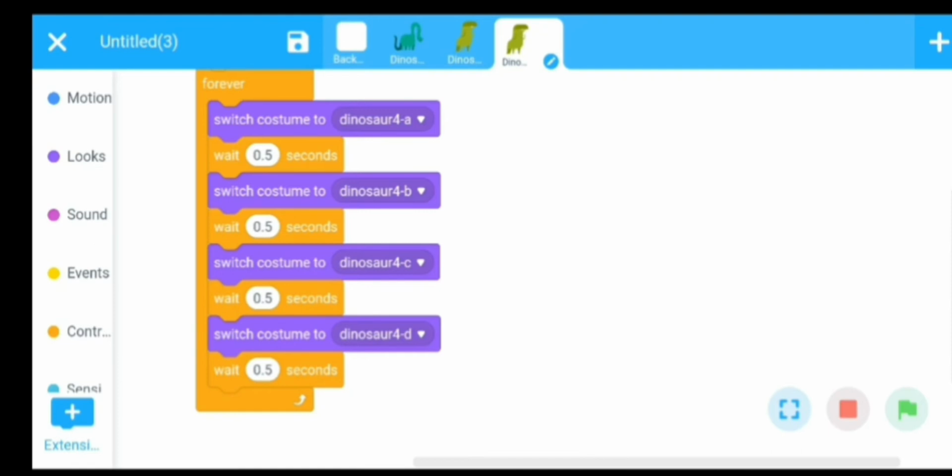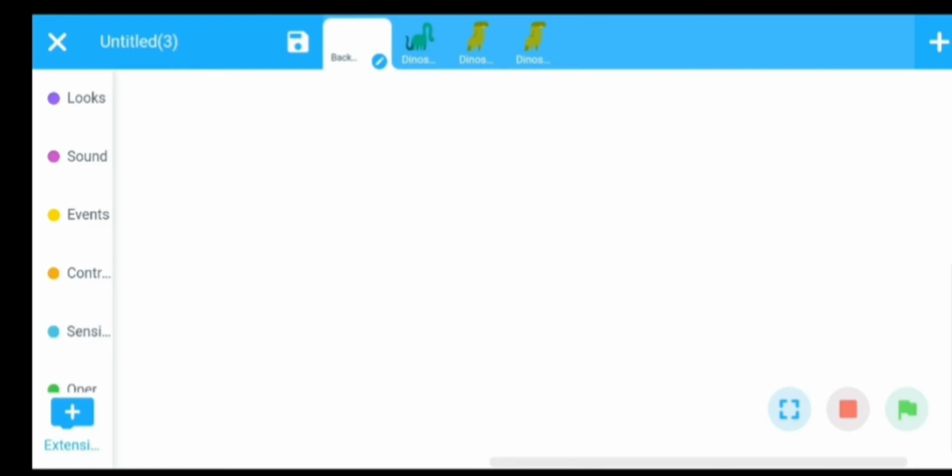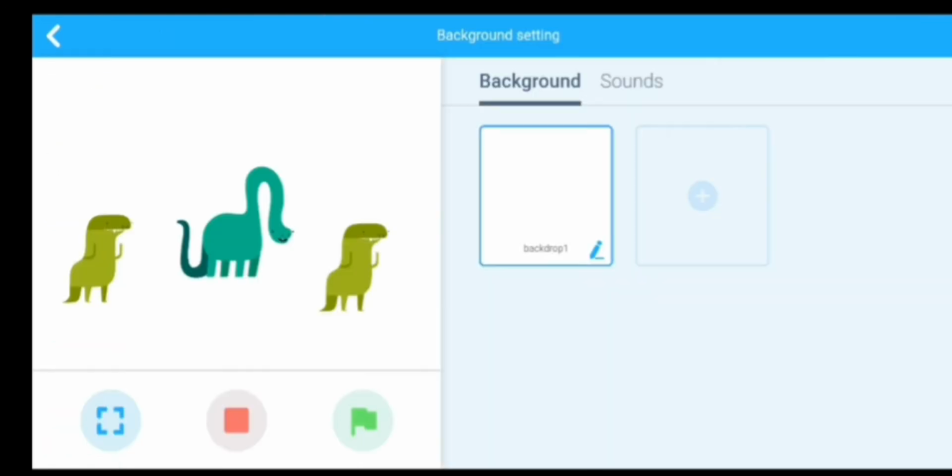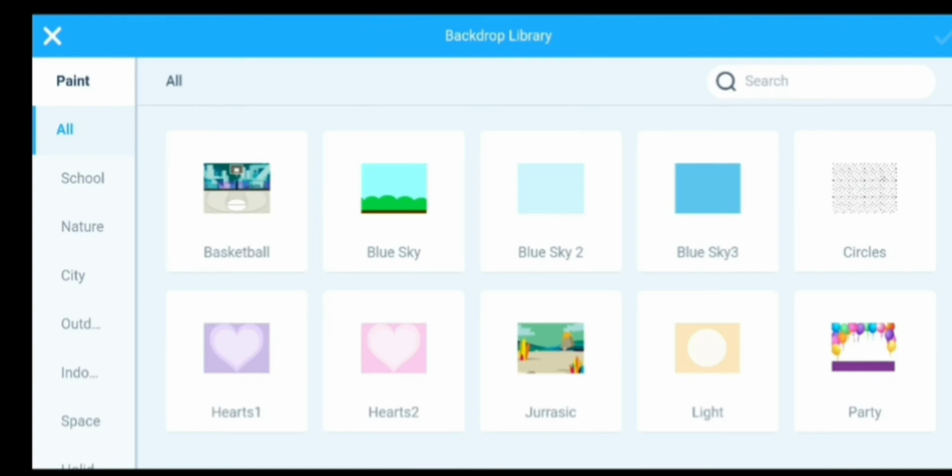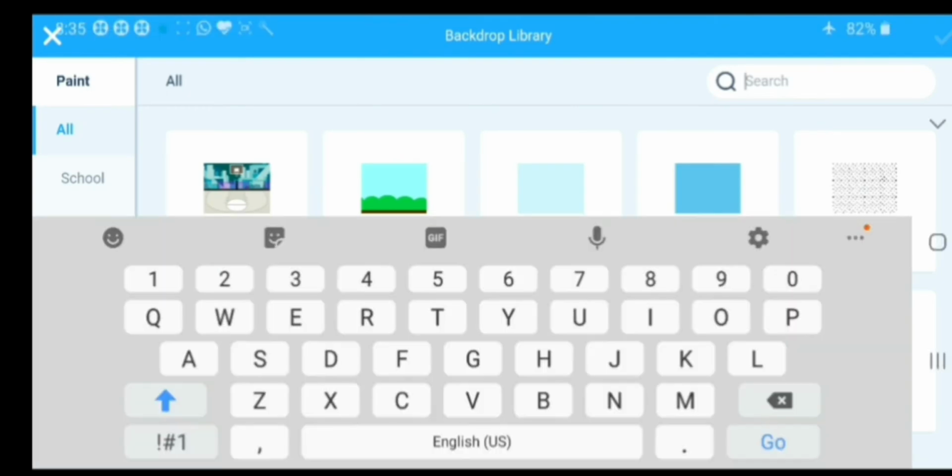Now we will modify our background. Go to the background section. Choose any background by clicking this plus sign. Type here party.